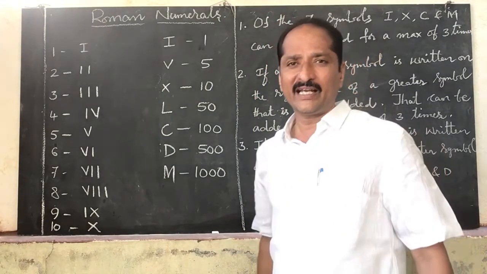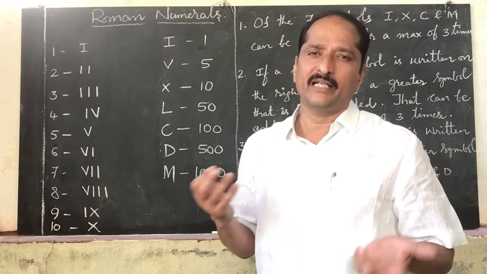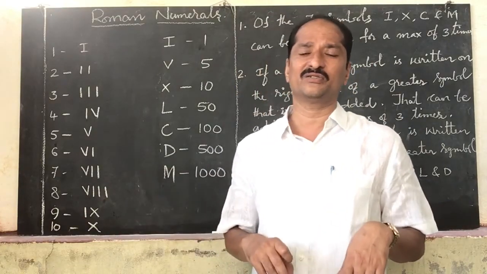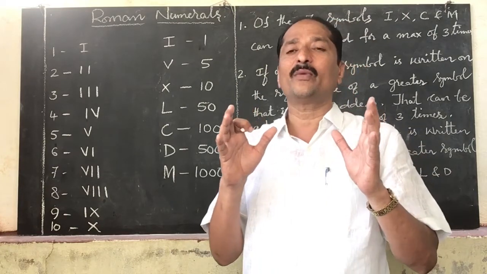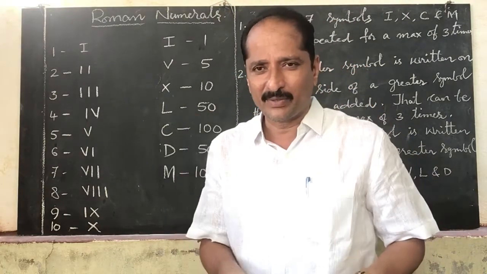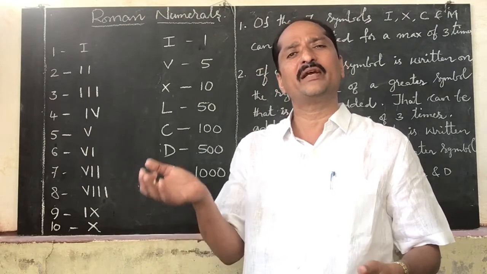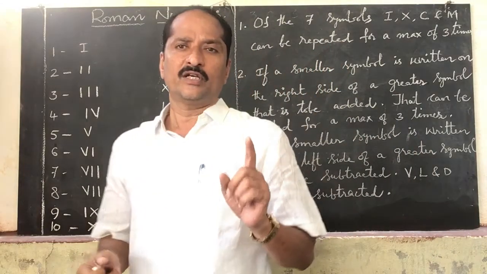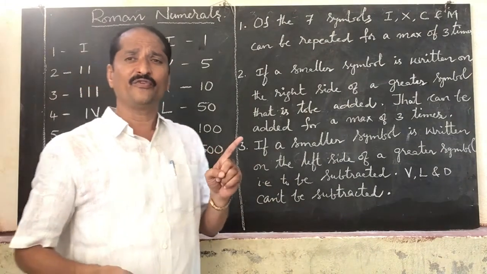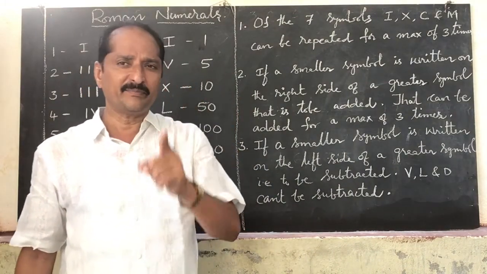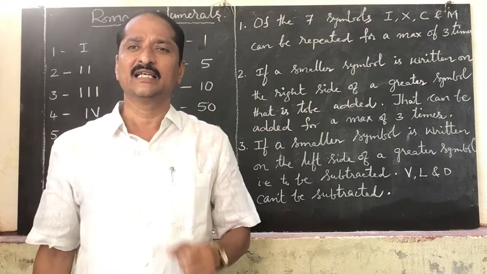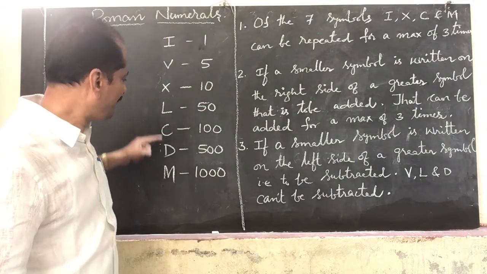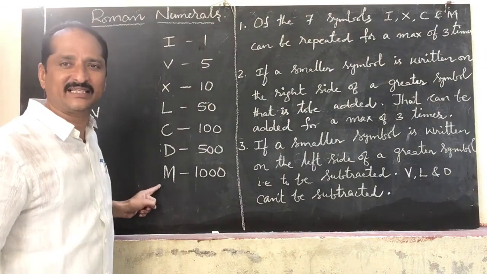Now we can take different kinds of numbers till 1000 or 15,000 or 17,000 or 20,000, and see how to write down Roman numbers as Hindu Arabic numbers, and then afterwards Hindu Arabic numbers as Roman numbers. Now once again I am repeating. Here we will use only 7 symbols to write down Roman numerals. The 7 symbols are I, V, X, L, C, D, M. These are the 7 symbols.